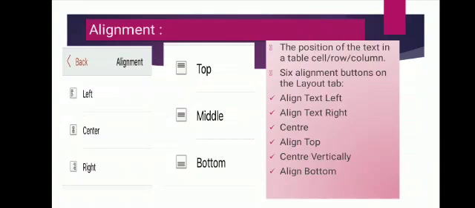So for this you have to select the cell, row or column whose alignment you want to change. Now click on the center vertically button in the alignment group on the Layout tab. Suppose you had written from the left side as usual. Now if you want to change all that pattern to the center, select the cell, click on the alignment group and select the center option. Likewise, you can select any alignment from the given choices.